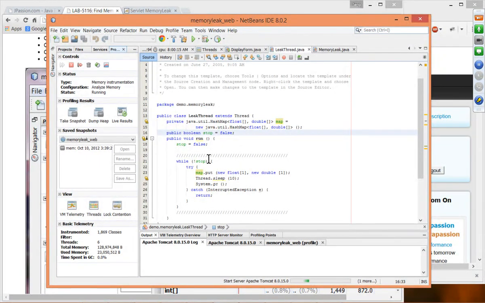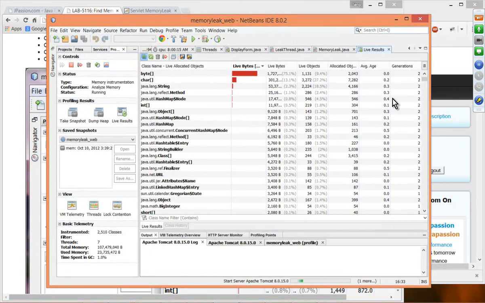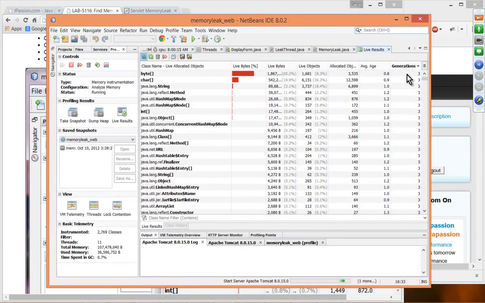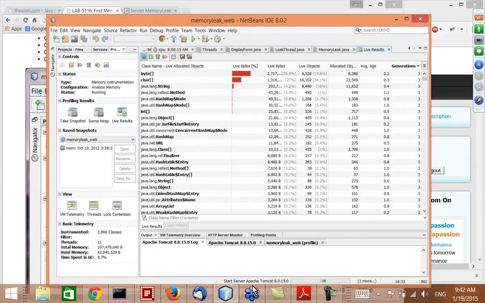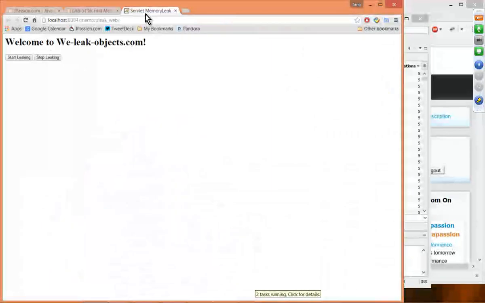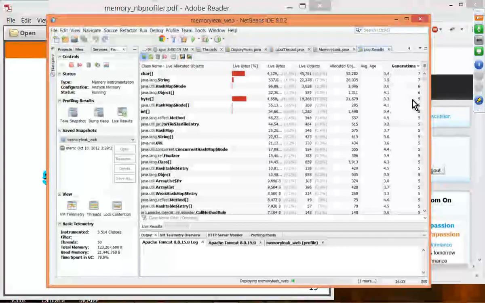Okay, and you should see the live result. For now, things are not really doing anything much. And by the way, you want to click the generation count so that you can see the generation count in the order. So now we are going to run the application. So let's see here. We are going to start leaking. So now when you start leaking, you are going to see the generation count being updated,